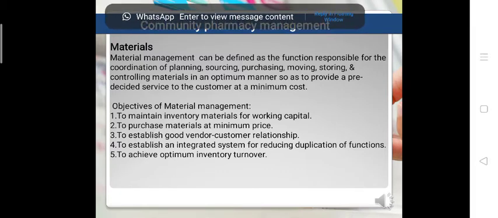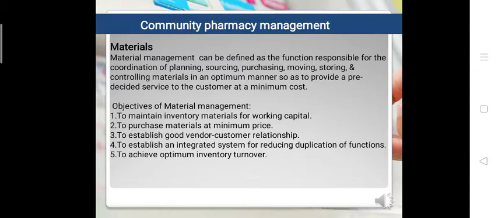Okay, then we have materials. Materials is another pillar which you need to manage, right? So material management can be defined as the function responsible for coordinating the planning, sourcing, purchasing, moving, storing, and controlling of the materials in an optimum manner to provide a pre-decided service to a customer at a minimum cost. Okay? You need to plan, you need to have a source, you need to purchase the things, you need to move the things, it means transportation, you need to store the things, and you need to control materials, and so controlling the material supply in such a way as to provide a pre-decided service to any of the customers at